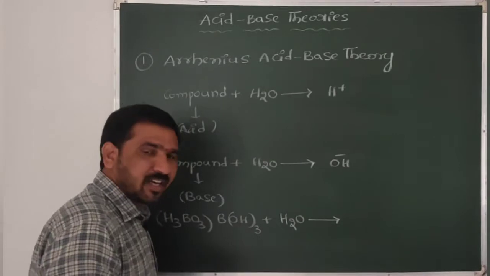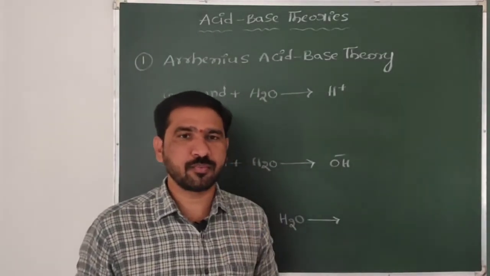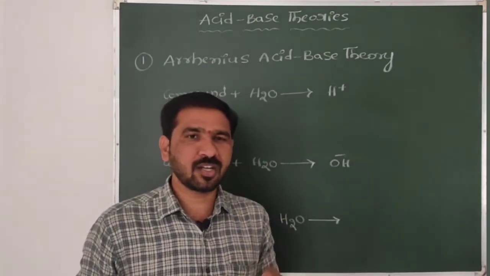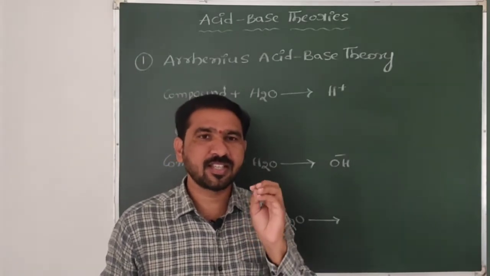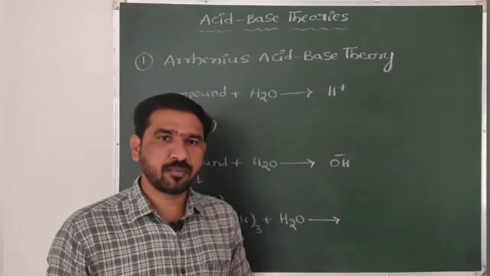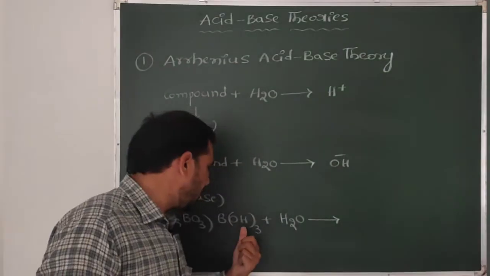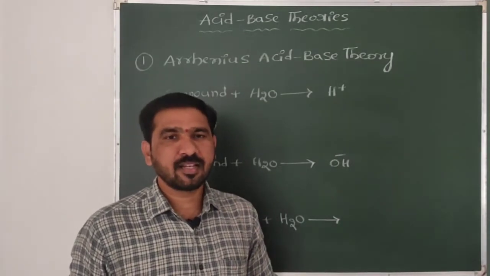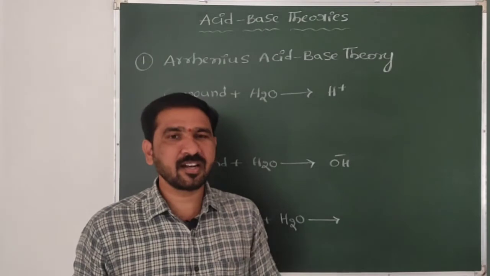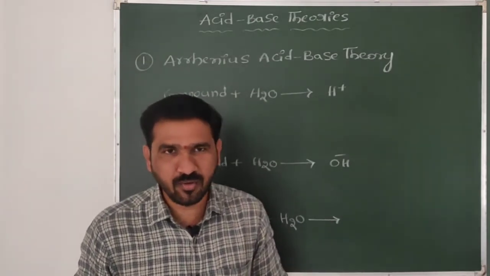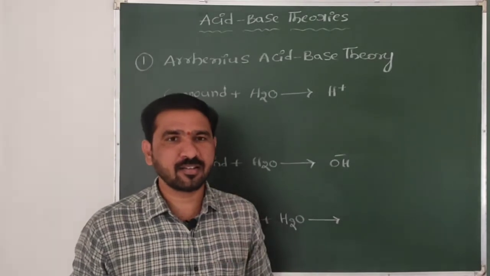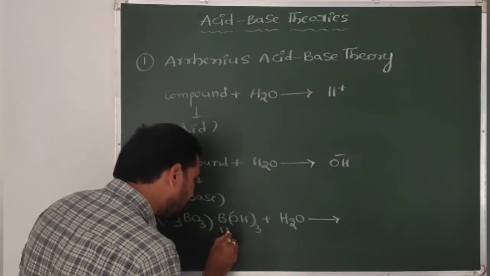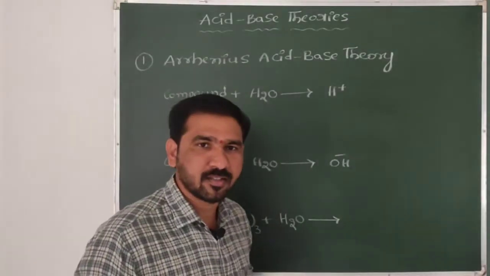So in B(OH)3, boron is surrounded by 3 OH groups by 3 covalent bonds, each bond constructed by 2 electrons. Total, B is surrounded by 6 electrons with 3 OH groups. It means B in B(OH)3, orthoboric acid, is in a 6-electron configuration, which is less stable. To get an octet electronic configuration according to the Lewis octet rule, it needs to accept one pair of electrons from this OH minus. Is it clear? Boron has one empty orbital to accept the electrons from OH minus. Then what does it result in?